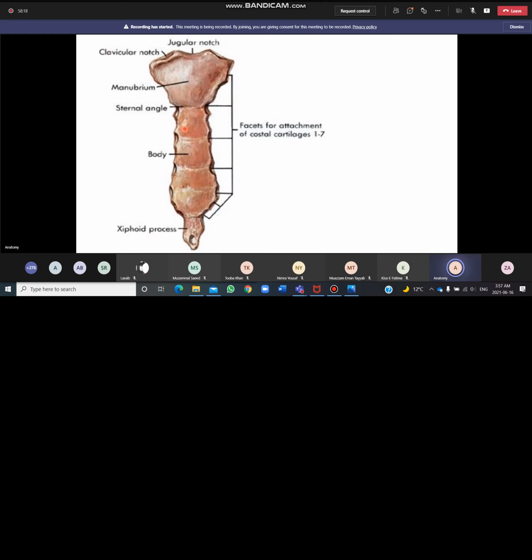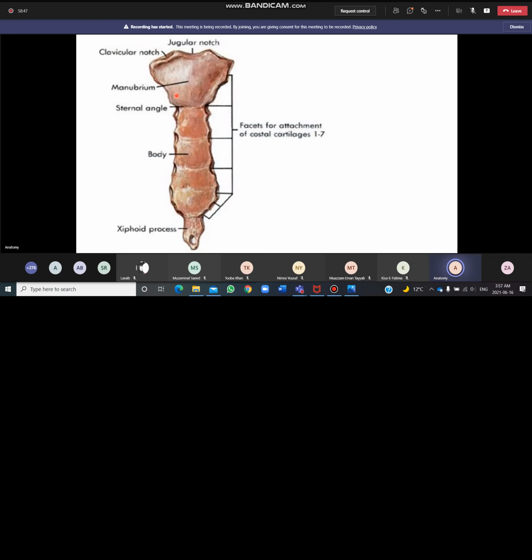So you can see why these ridges are on the anterior surface of the body of the sternum. Embryologically, when the sternum develops, it is in the form of sternebrae, short segments. As they fuse, these transverse ridges are formed on the anterior surface, and they are less prominent on the posterior surface of the sternum as well.